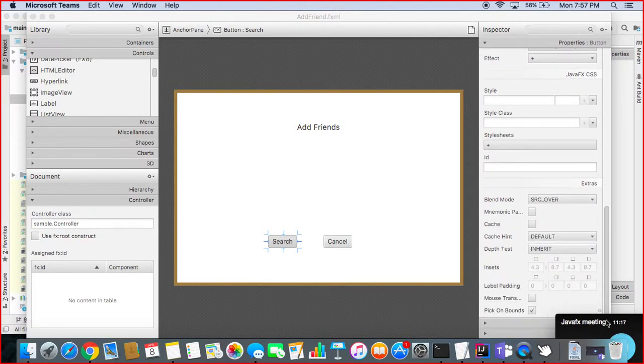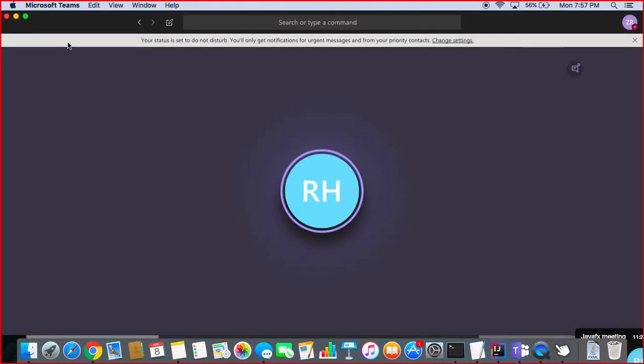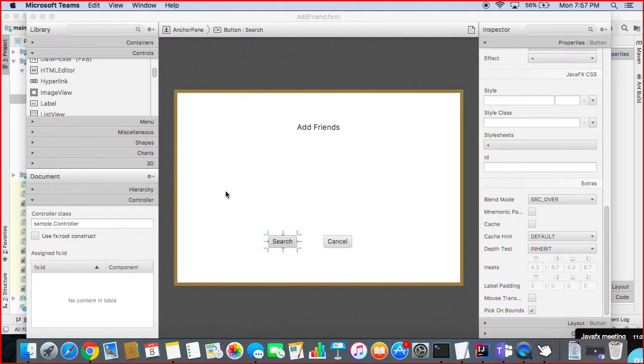With the basics in JavaFX, everything's laid out on a stage first, which is like the full thing. Then you have a scene on top of it. That particular screen you're working on right now, that add friends, that is a scene. All in the anchor pane. The layout is the position of whatever button you've clicked, like that search button, that's where it's going to appear